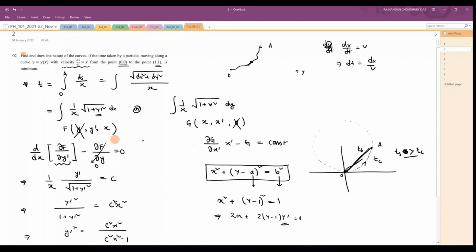It's clear. Yes, Bhaiya. So whenever you get the path, from there you get the other values. Like if you do not know y prime, you will get it from here. Okay. So I think in the next problem it will be clear. We have to find some path length or maybe something. We will see.